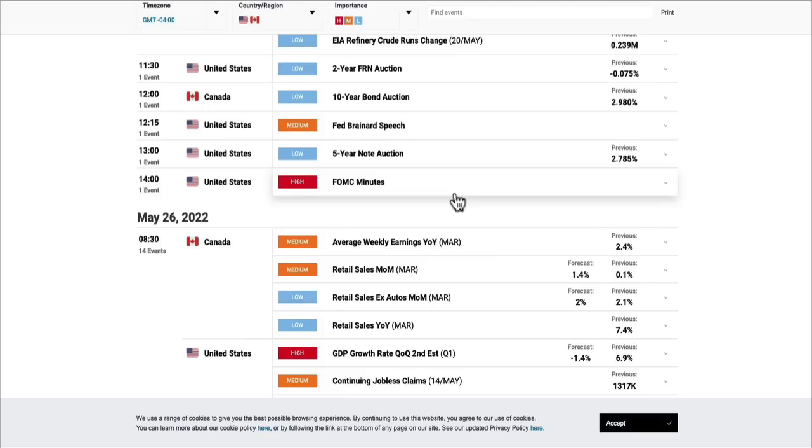This is the big one here. 2 o'clock, the minutes from the last meeting. In this, we get to see what they talked about. We know what they did, but what did they talk about? Were they more hawkish in that meeting? How many people raised their hands for 75 basis points before it was just discarded? Or was it just a general consensus across that 75 just wasn't a thing? Did they recognize that inflation had moderated a bit? Not a lot, but that the signs were that it was improving slightly. If they have language like that in there, that could be very, very bullish.